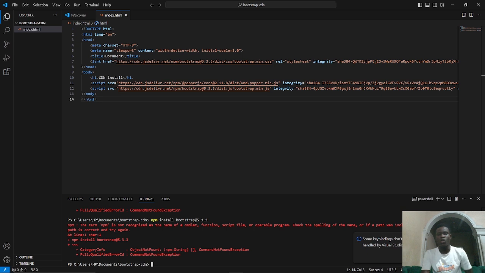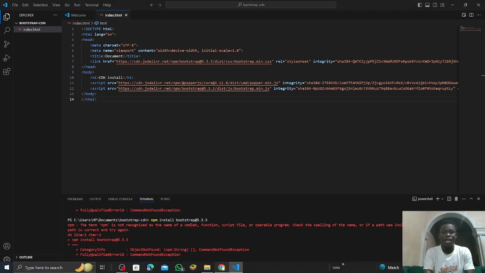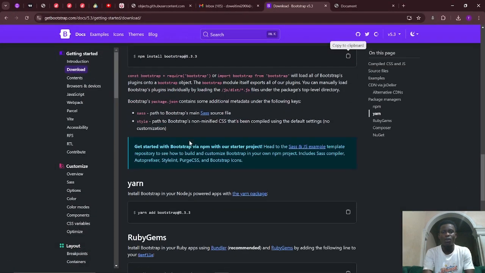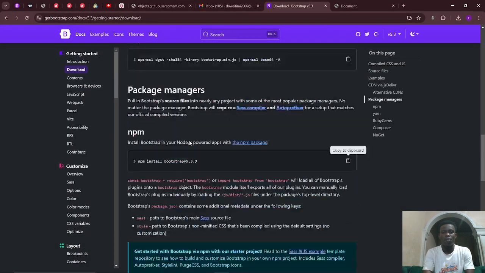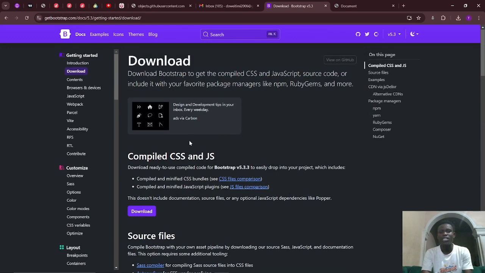For npm to be installed, you would be something like a React developer. If you do more of React, you already have npm installed on your system, and you can install Bootstrap alongside your project. This is very unique when you are creating applications, that you can use Bootstrap side by side with your React and make your project quite a wow kind of project. It's going to be very interesting for you to work with. So right here, guys, we've talked about the npm install and also Yarn. So that's it for the installation and the setup